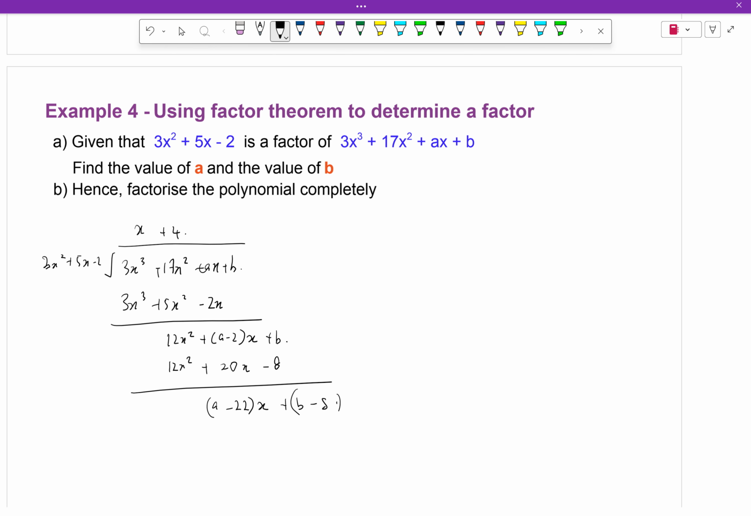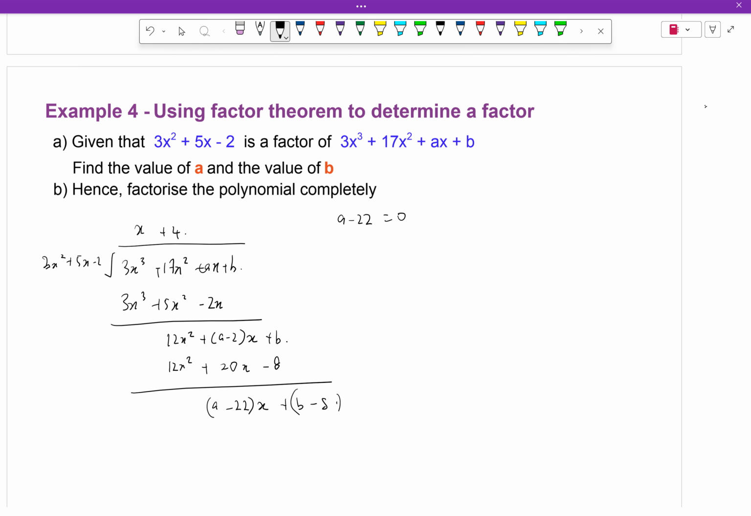First of all, we have to know that this is a factor. Okay, this is known as one of the factors. So what we have to do here is make everything here equal to 0, because there's no remainder. Okay? There's no remainder for it. So a minus 22x equals to 8. Or even we can just say that a minus 22 is 0 and